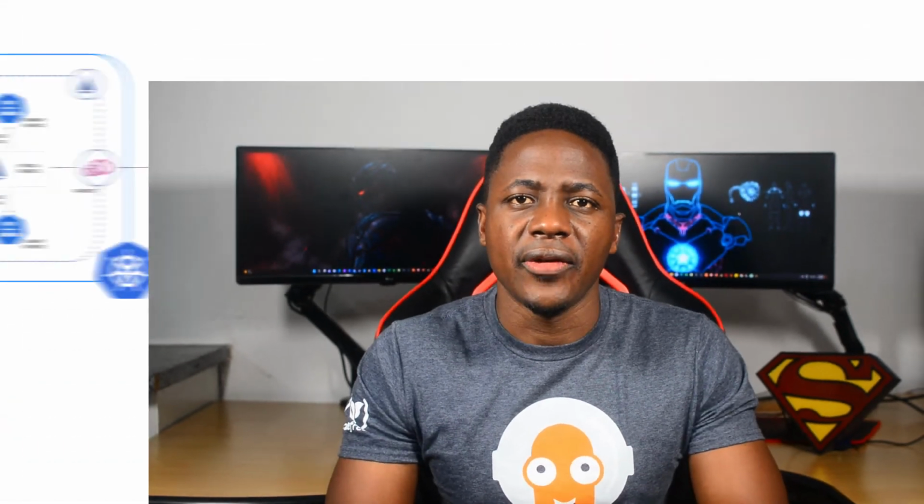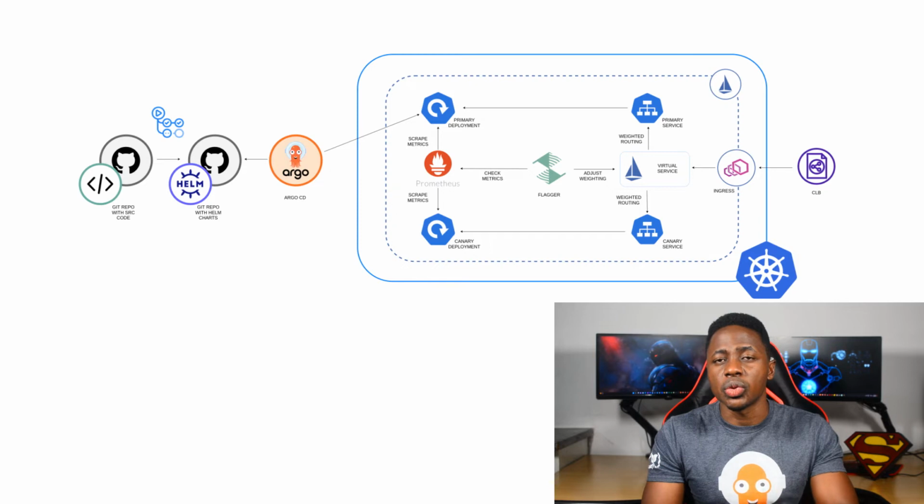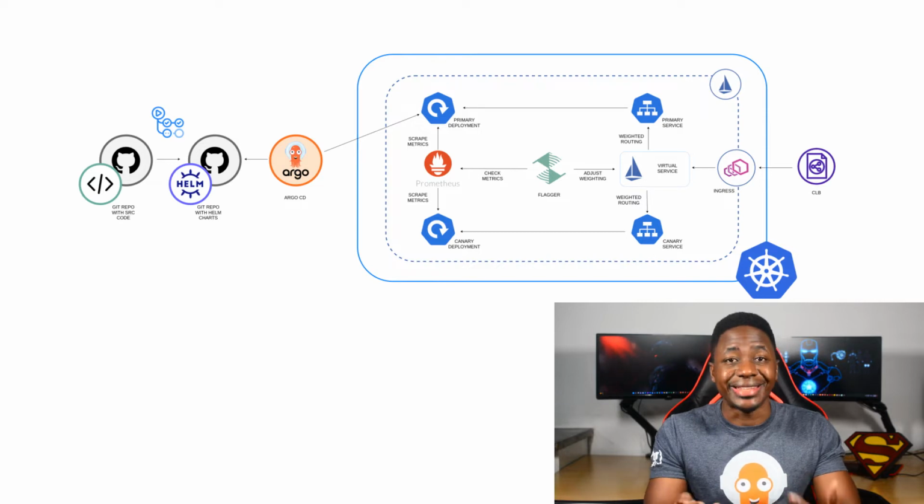Now, for this to work optimally, we need everything to be configurable and automated. Let's talk about how this is going to work in my implementation. I have a Git repository housing the source code for an orders microservice, and every time I commit a change to the repo, it will trigger a pipeline in GitHub Actions. Provided that the application successfully builds and passes the relevant tests, the new container image gets tagged and pushed to